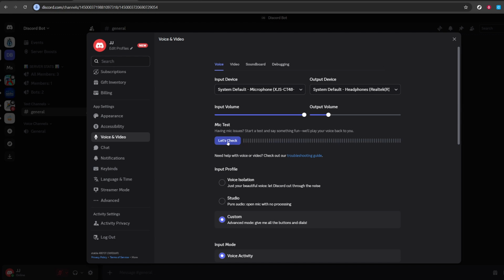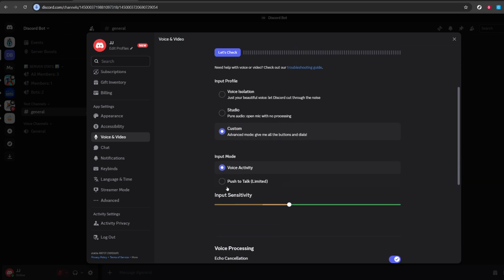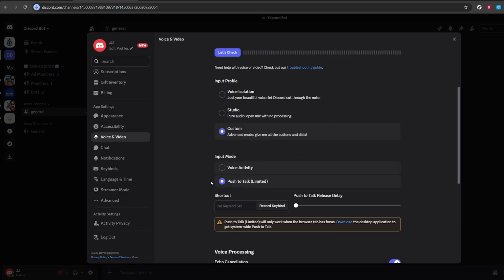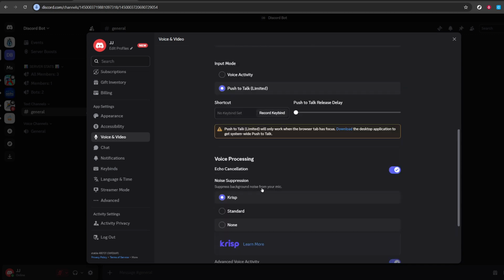Next, check input mode. If you want your voice to be picked up automatically, choose voice activity. If you prefer a key bind, choose push to talk and make sure your push to talk key is one you can reliably press. Under sensitivity, auto is a safe default. If you switch to manual, make sure the slider is not set so high that your normal speaking voice isn't